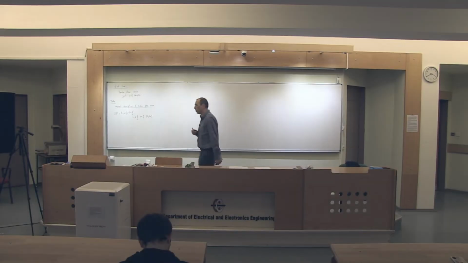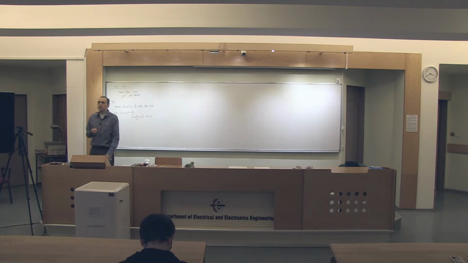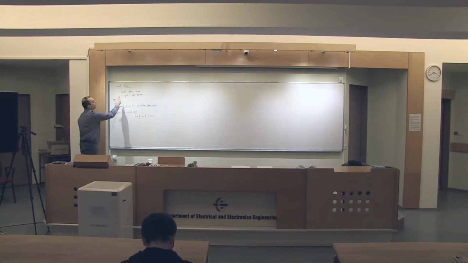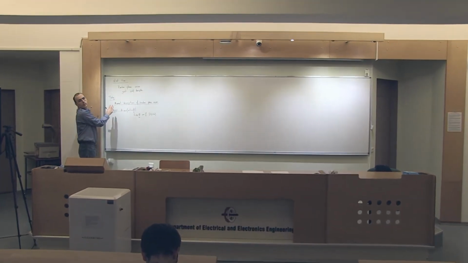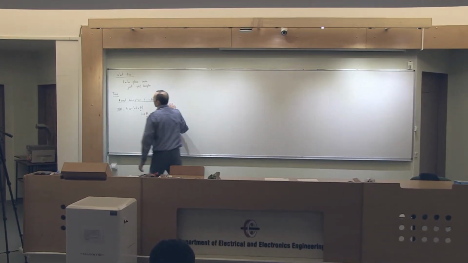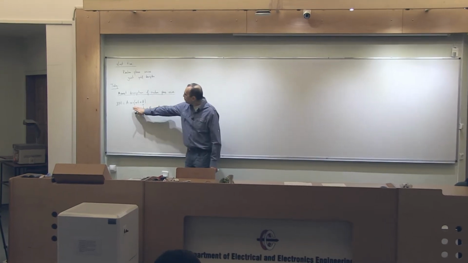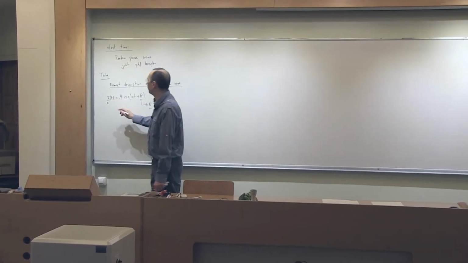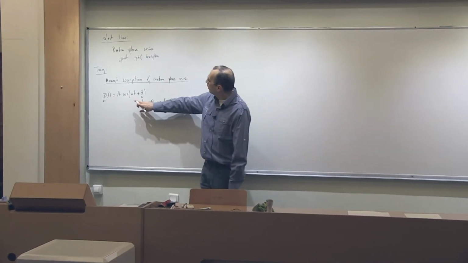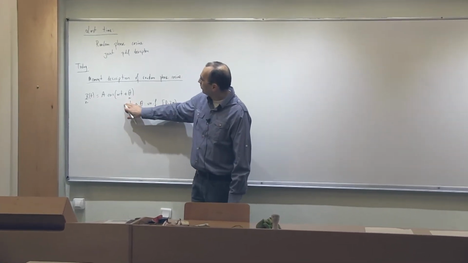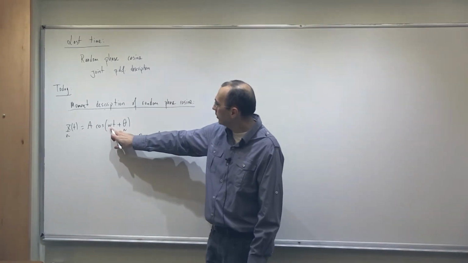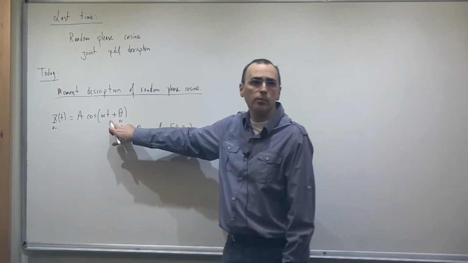So we are continuing on the discussion of random phase cosine. We had an example called random phase cosine, and we are continuing from that topic. So what was that example? I'm assuming that I have a random process, emphasized by this tilde, in this form. Amplitude A is constant, frequency is constant, and this is the process variable t, obviously.